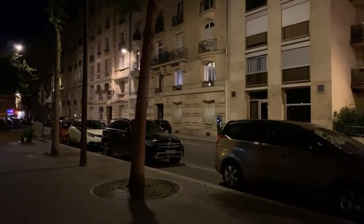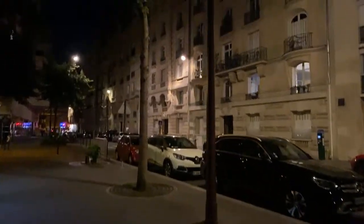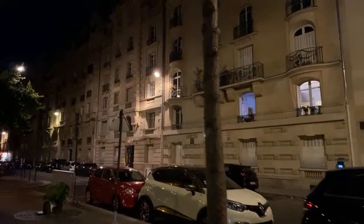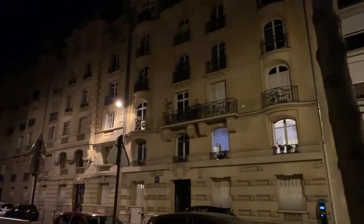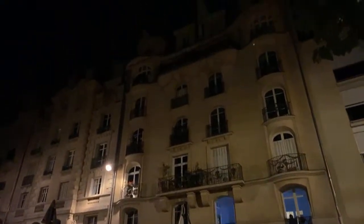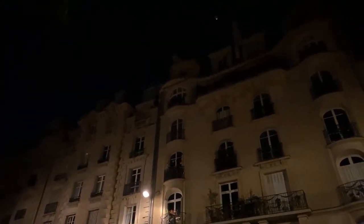Yes, keeping Paris clean one bottle at a time, you're right. And it will take a lot of time to keep it clean, just one bottle at a time. Oh, look at this building, it's quite nice. And it's not really easy to show it with this light, but